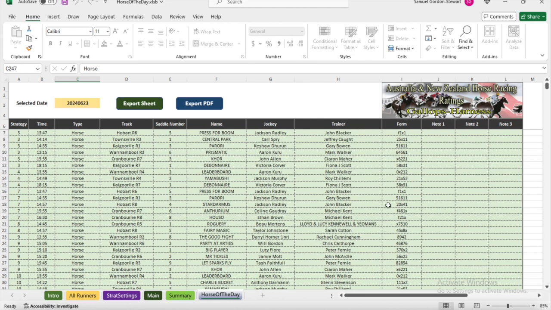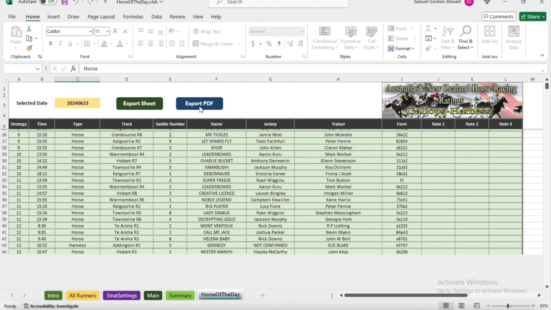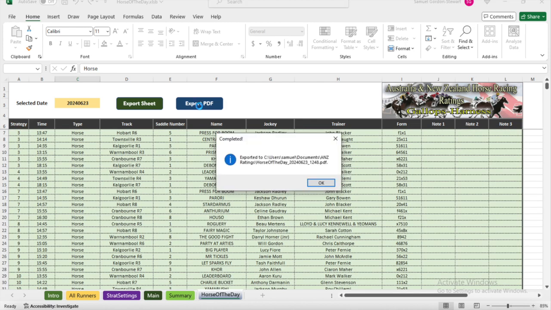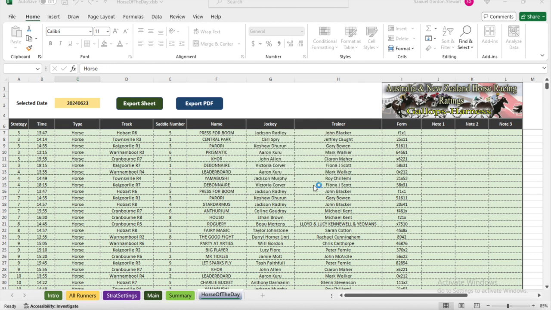So if you wanted to, you could make some notes in here. But here's what you can do. Export the PDF, and it will make a nice printout of this for you. There we go, that's made a nice printout. Which apparently is now going to automatically open for us, which is